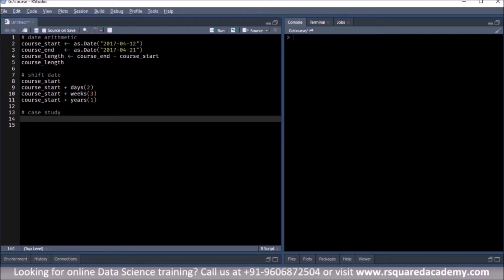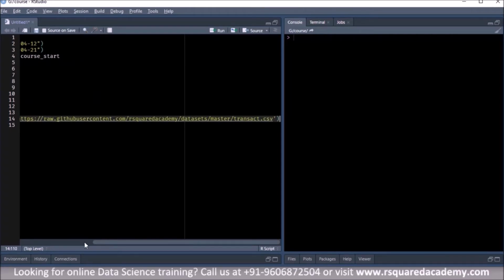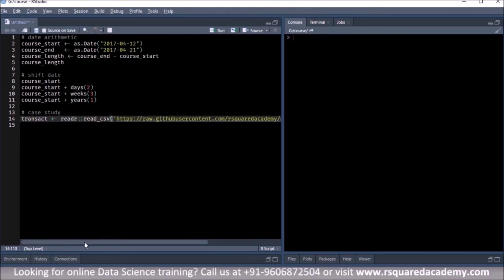Now before we do that, we need to read in the case study data set, right? We have not done that yet, so let us do that. You can read this data set either from the link that we have given in the learning management system, that is from GitHub, or you can download the data set from the learning management system itself, save it locally, and then read it using the readr package, right? So here we'll also load the readr package to reduce any confusion.